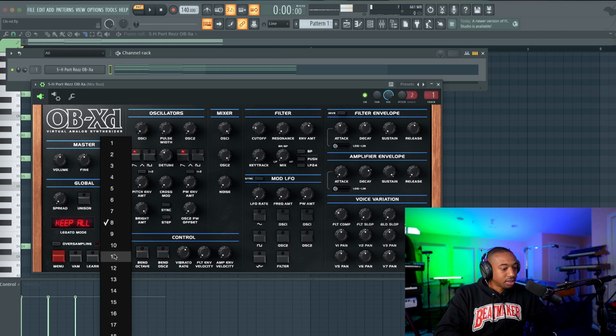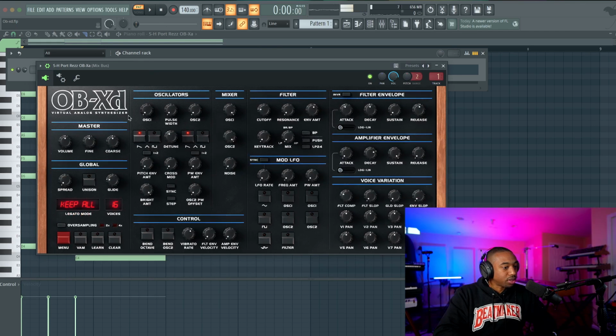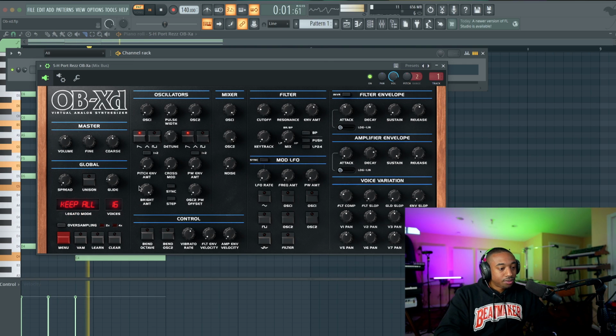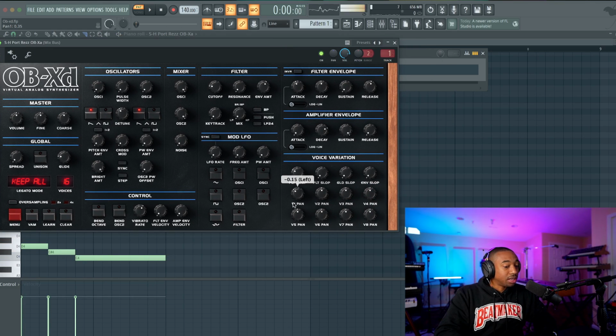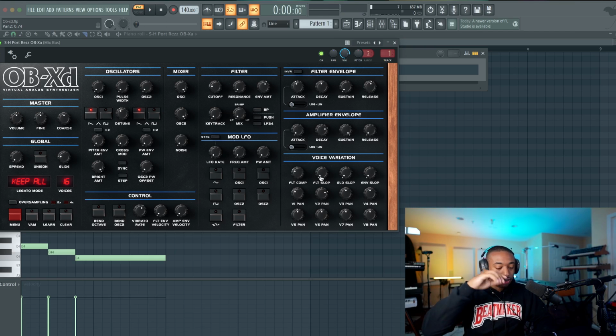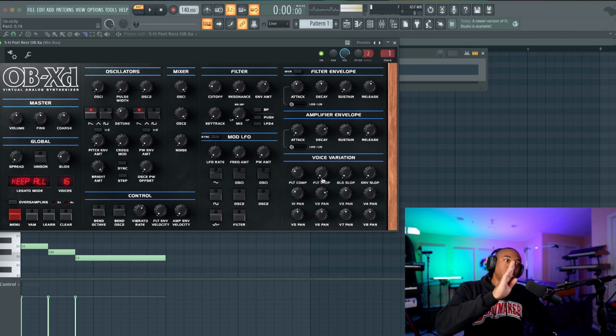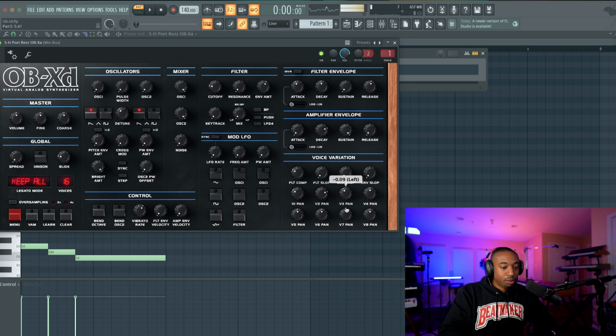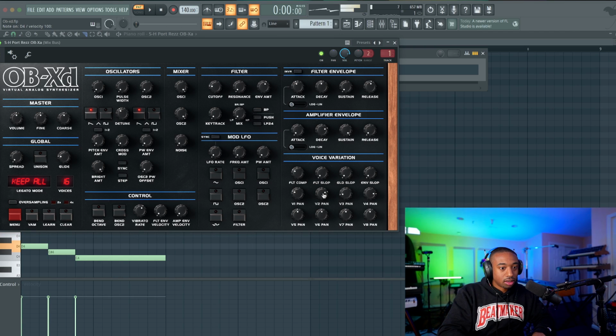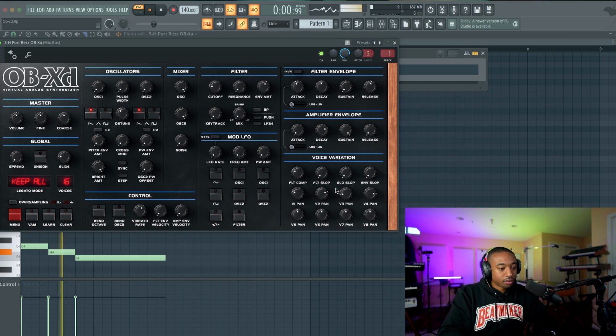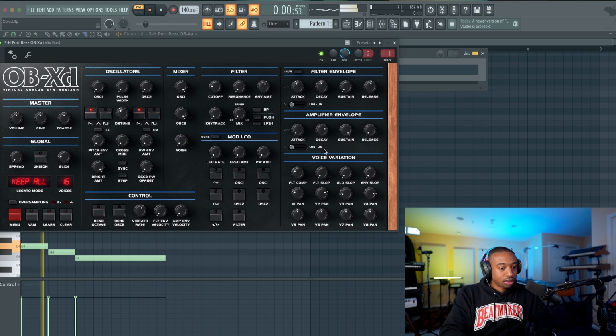Also, keep in mind the voices. You would have to up the voices. The more notes you have, the more voices you need. So the cool part about this is you can pan each individual voice. This is something that I had to learn from analog synths. Basically, you can have one tone playing on the left, one tone playing on the right, and we're just going to pan hard left or semi-hard. So now you can hear those voices spread around. Makes the synth feel a lot wider. Let's add some resonance.